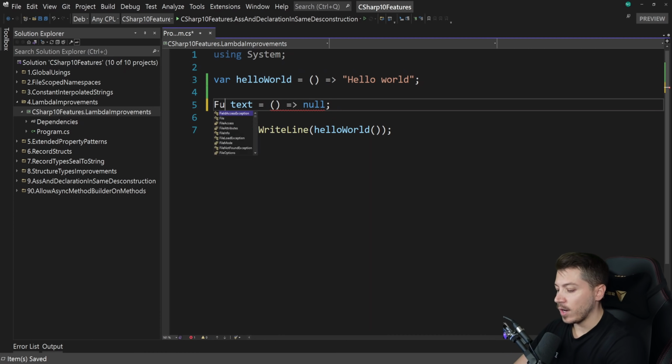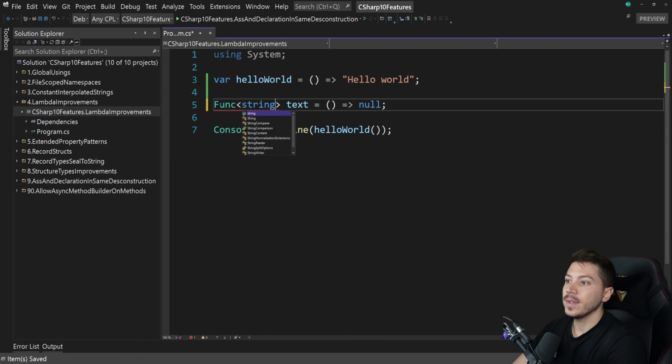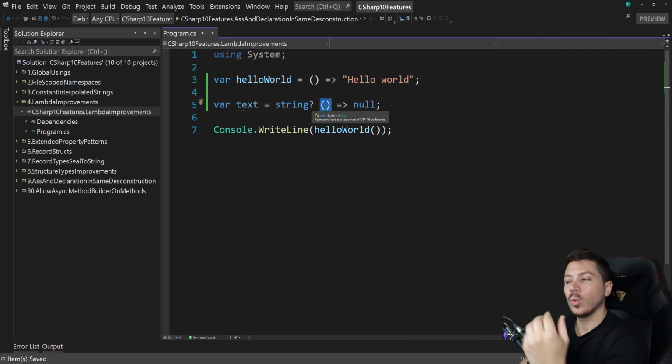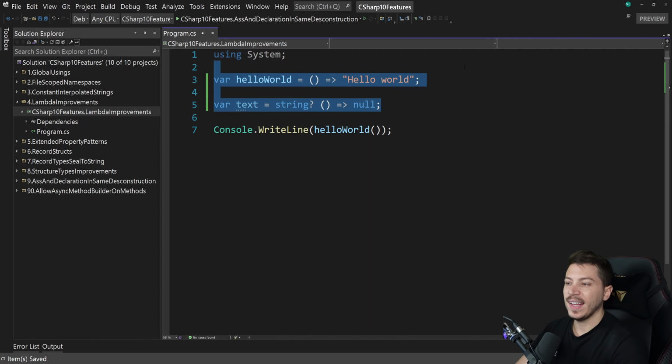You know, if I change this into a function that returns a string, then this is fine. This works. However, if I do want to have var, but still want to have this short syntax, I can now add this. I can have the type. Let me change this into a nullable. So I can have the type right before the lambda, and this would understand what it needs to return. It's a very nice addition, way less clutter than what you'd have before. And I'm a big fan of features that make it way, way easier for you to work with functions. I heavily work with functions and actions, and I'm glad this is part of the language now.